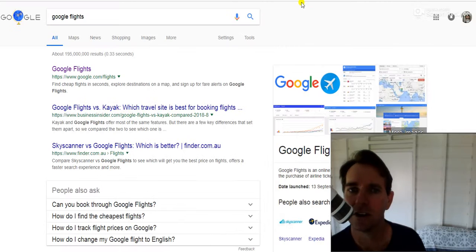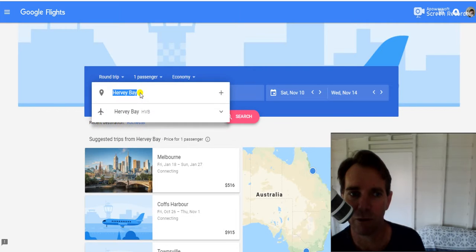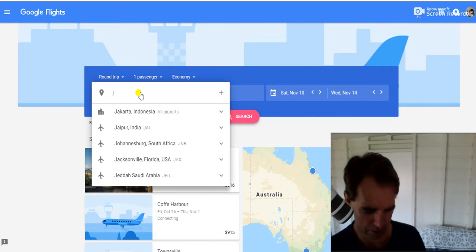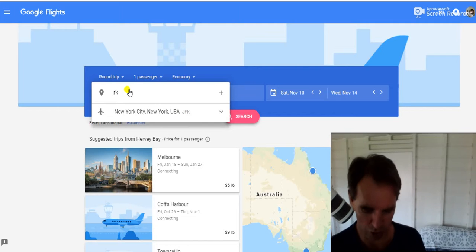It's easy enough to find. I simply went to Google Flights, and it's the first one that came up here. And when you click, it's populated my location here, and it thinks I want to fly to Mexico. I'm not sure if I want to fly to Mexico this week, but we'll try somewhere. Let's try, say, if we wanted to fly out of New York. Say we're flying from JFK, and there's JFK Airport. Or if we put New York,